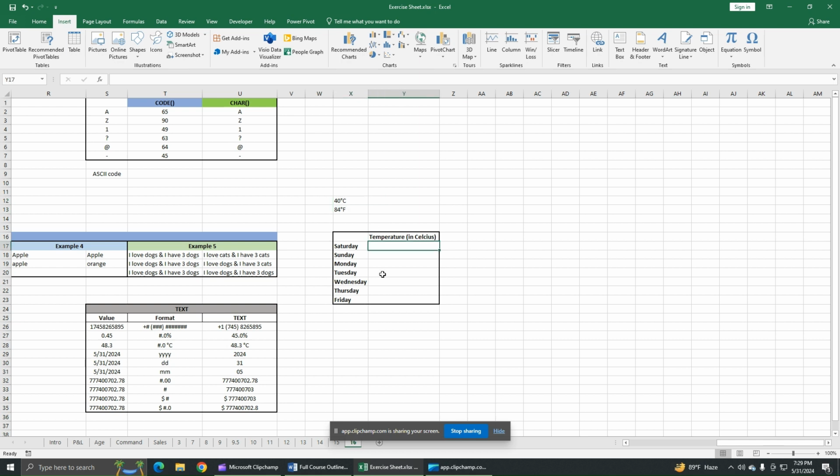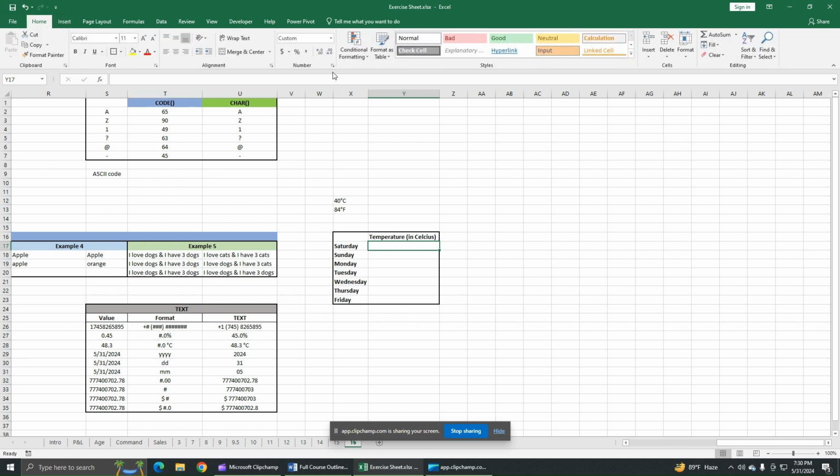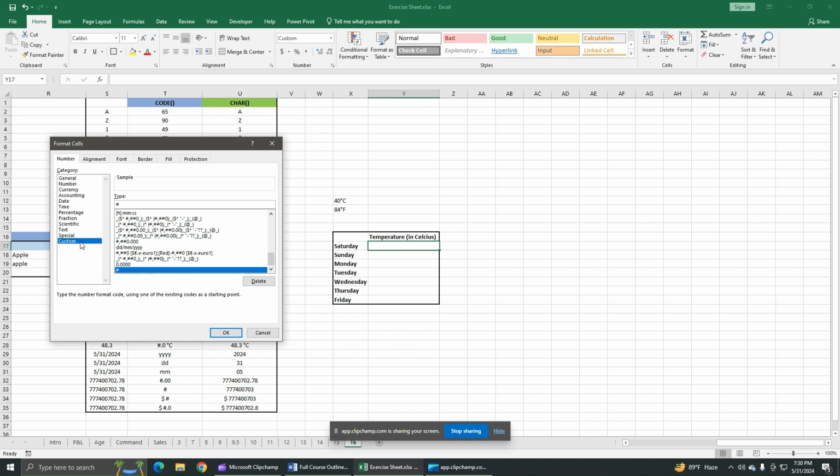Now I will show another way to insert degrees. We can change the format as degrees in this cell, so that after we change the format of this cell, any number we enter into this cell will be converted into degrees. So how can we do that? Let's see. First I'm selecting this cell, then from the home menu I am clicking this icon, and from custom, here